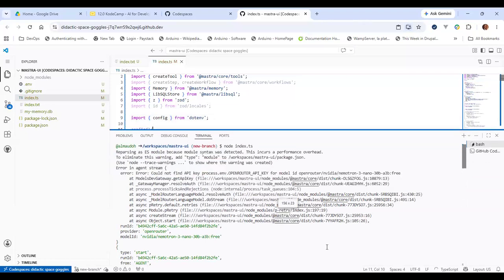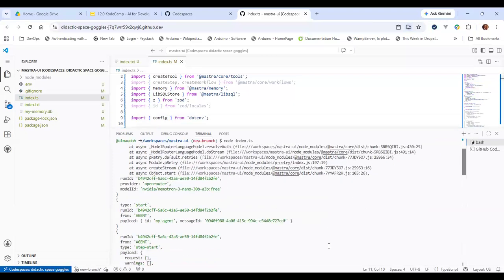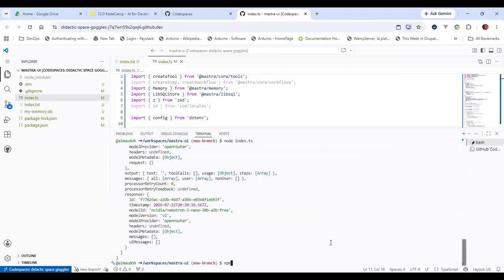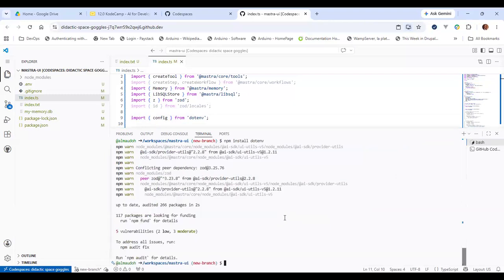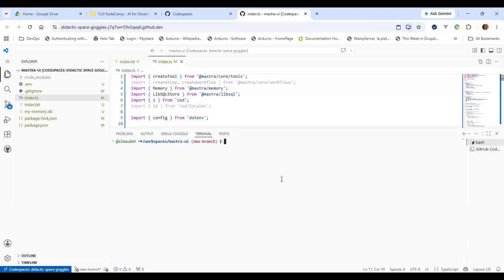And then I have to install it as well, so npm install .env, which is what I want to install. Okay, that is done with a whole bunch of warnings. Yeah, so now let's run it again.